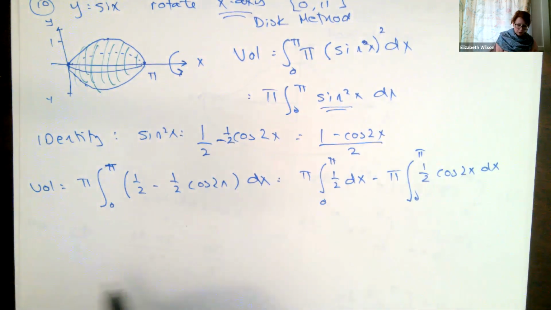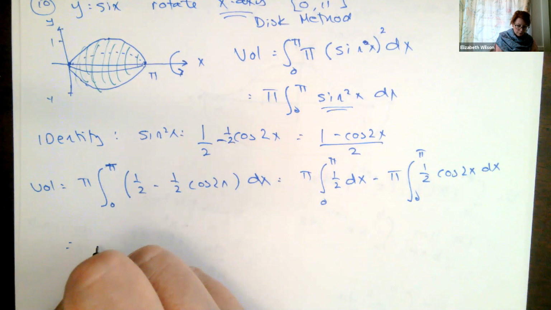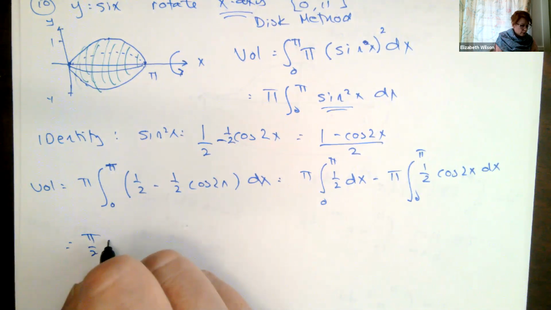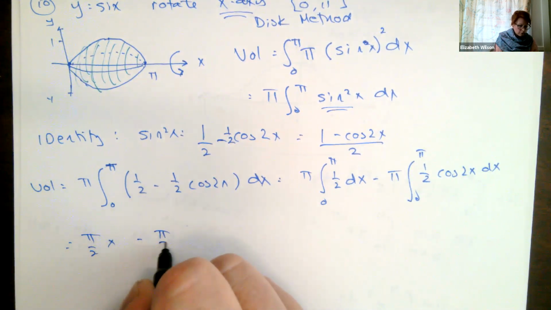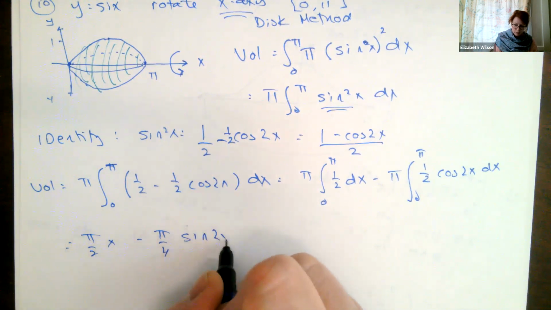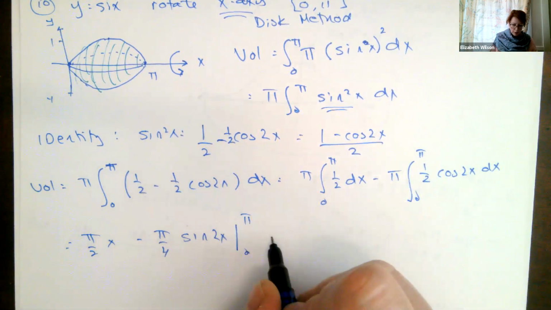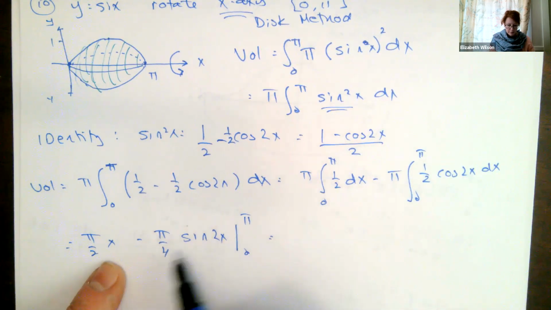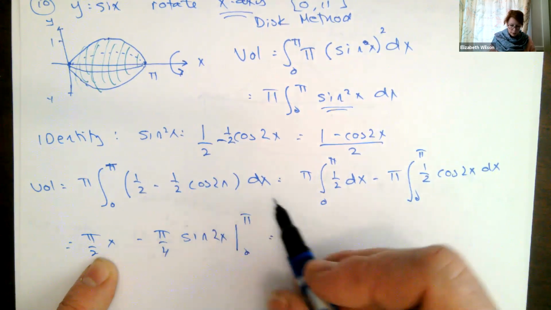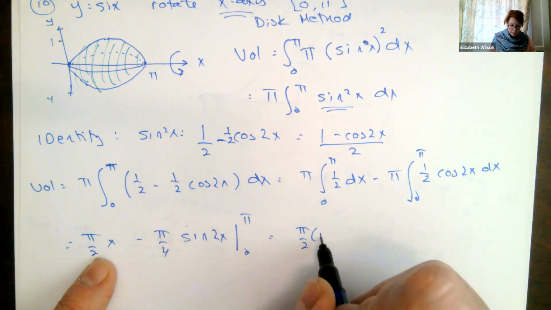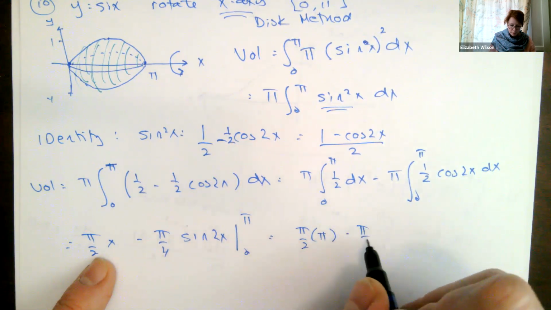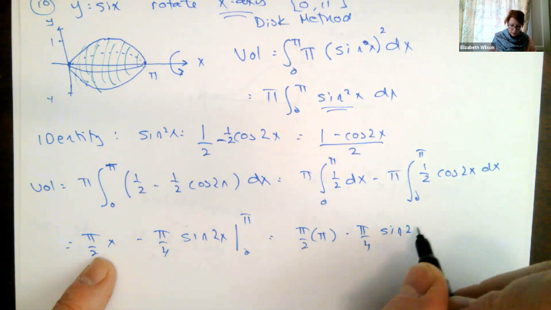Okay, which when I go to integrate it, I'm going to get pi over 2 x minus pi over 4 sine of 2x. I did use substitution right there. I'm going to evaluate it from 0 to pi, so I plug in for x now, so this becomes pi over 2 times pi minus pi over 4 times the sine of 2 times pi